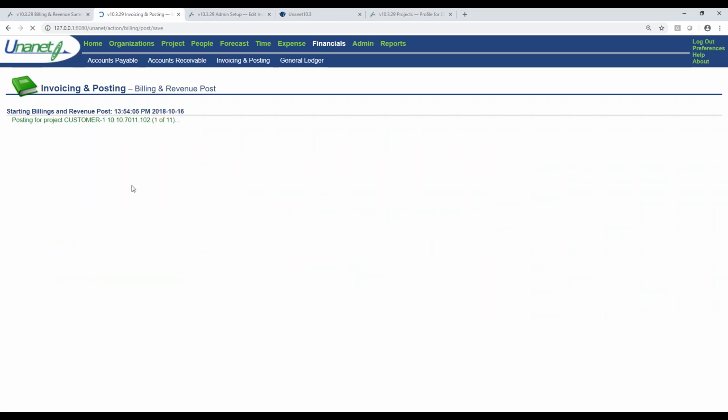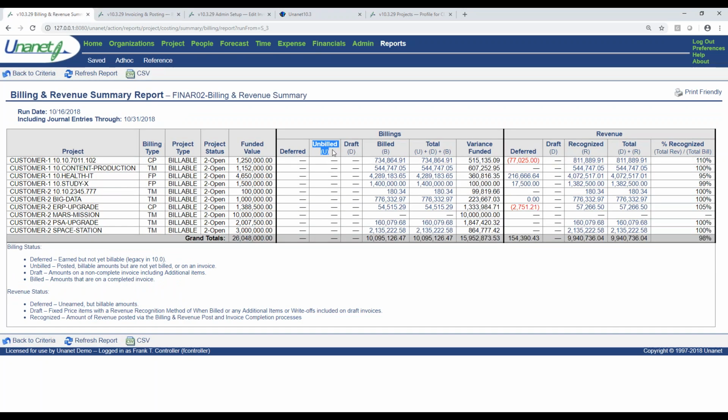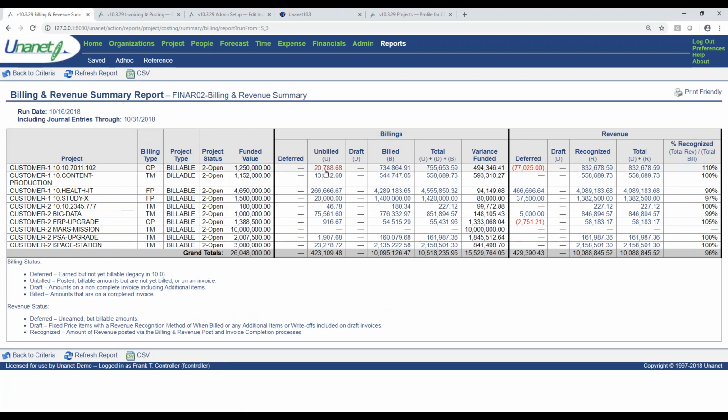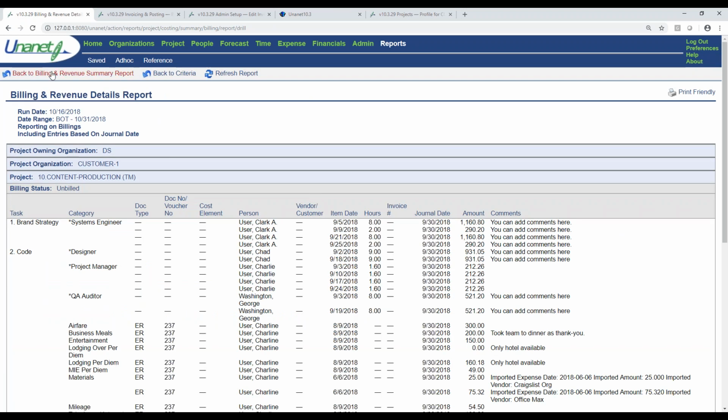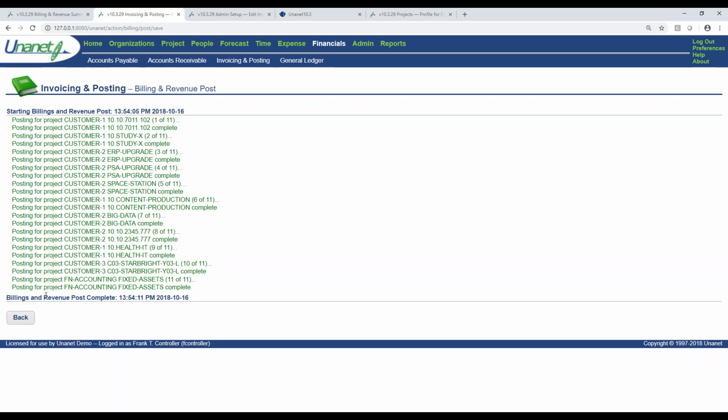And so what this means, green is going to be good. What this means is taking all of the approved timesheets, all the fixed price items that have been marked as ready to be billed. It's moving it into the unbilled accounts in your chart of accounts. And I'm going to refresh this report. You're going to see this unbilled column populate. You can click through and actually see what this data looks like if you wanted to. But it's really staging the information to be added to an invoice. So now let's go back. So this is great. We've posted our labor.